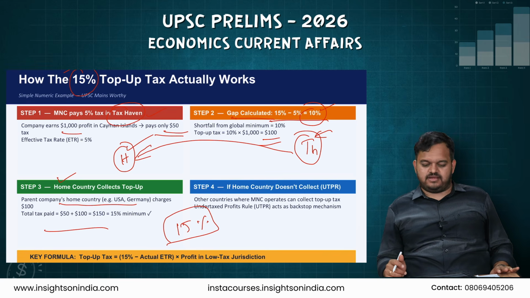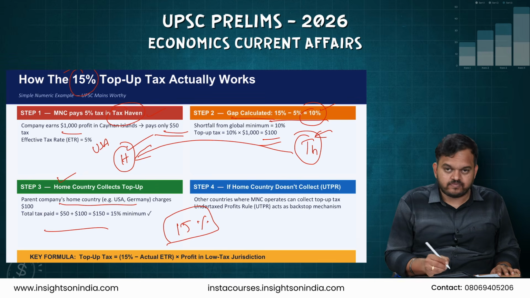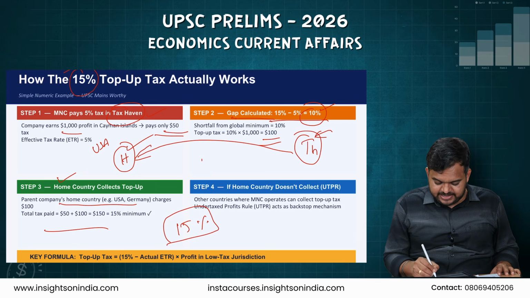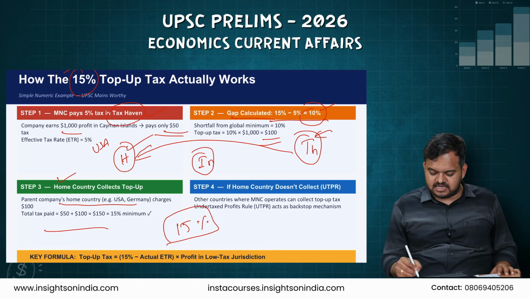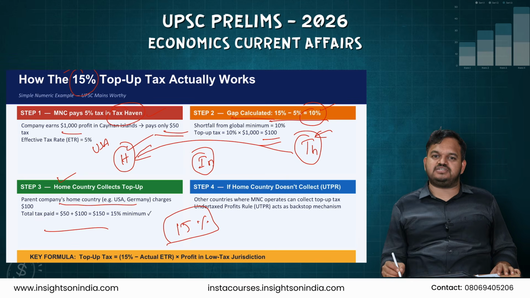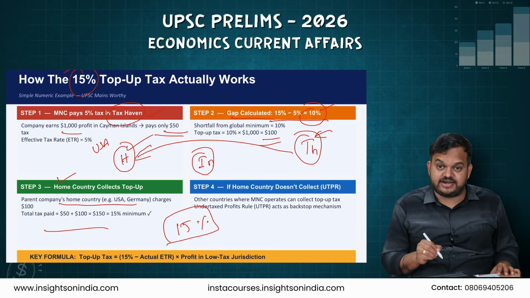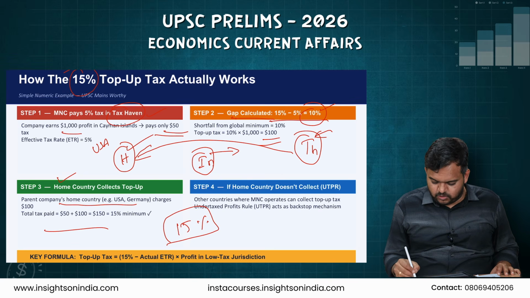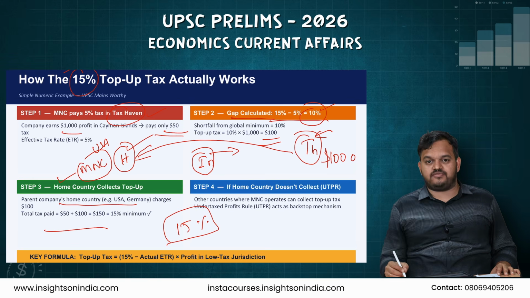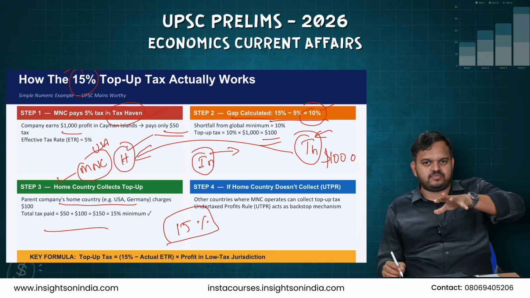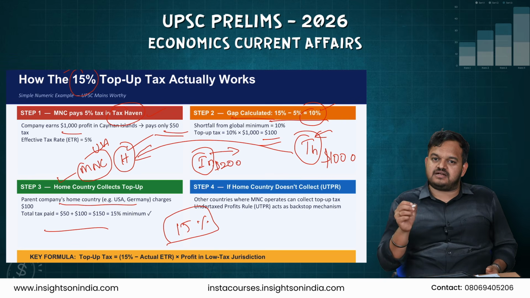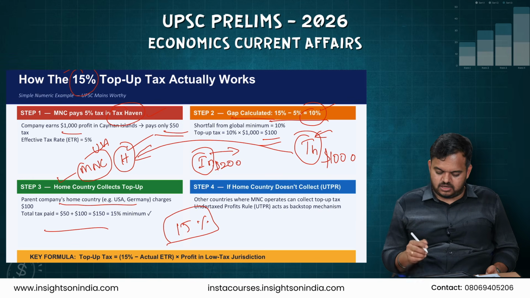So now where does India lie? For example, let's say the home country is the USA. Google, Amazon, wherever the headquarters is in the USA, and the majority of the business is made in India, right? Taxes are paid in the tax haven. So if the $1,000 is the profit declared by the MNC for its global business, and in India it has made, let's say, $200 of business, India can tax this $200 in India itself. It is called